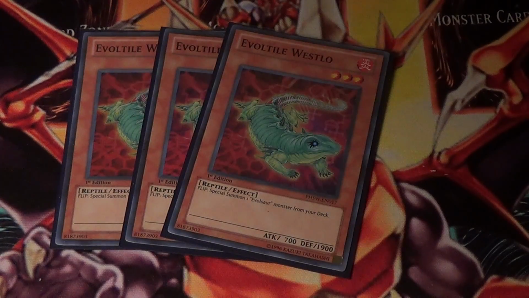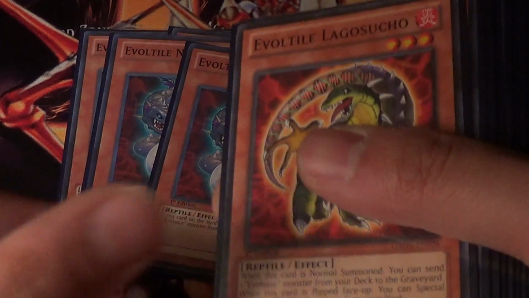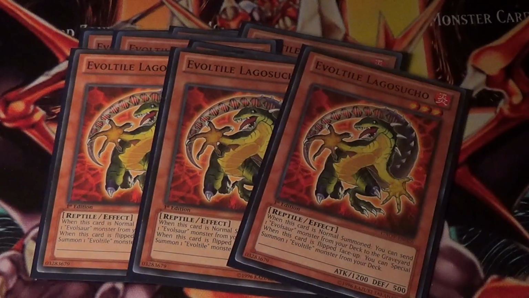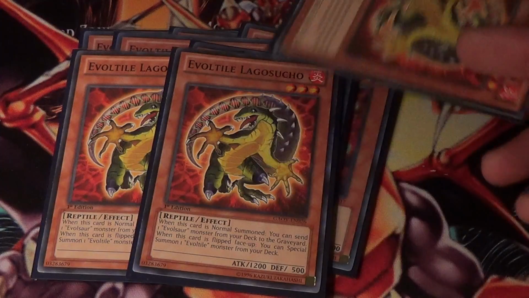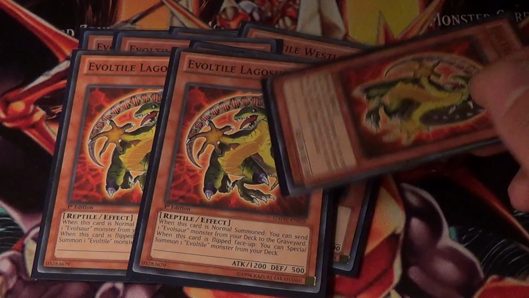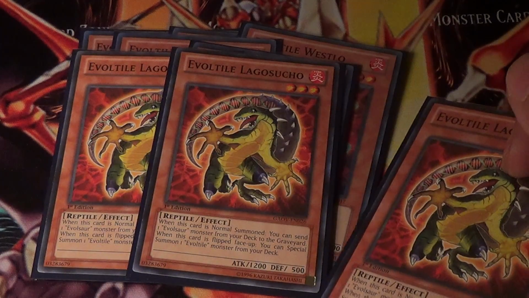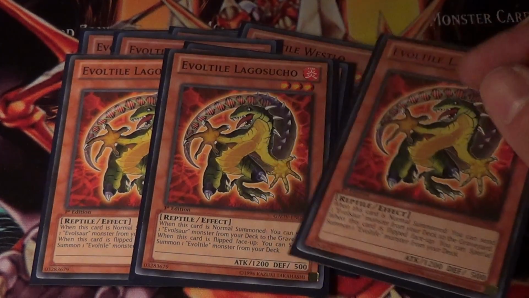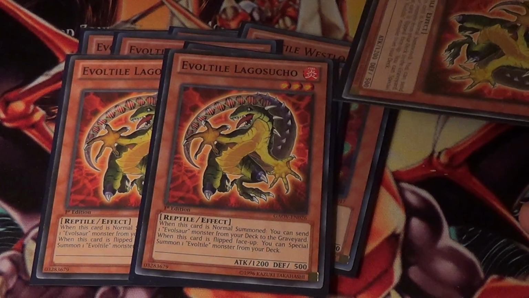it's still the 3 Westlow, still the 2 Najashos, and 3 Laticochos. When I started making this deck profile and even playing the deck, I began to love this card a whole lot more compared to back in the day, because right now I think opening this card is more important than opening up a pit,